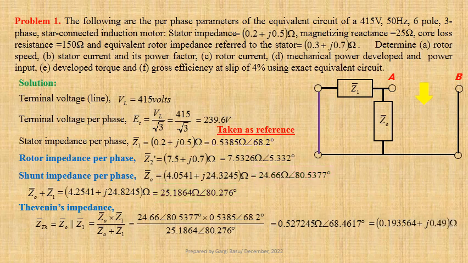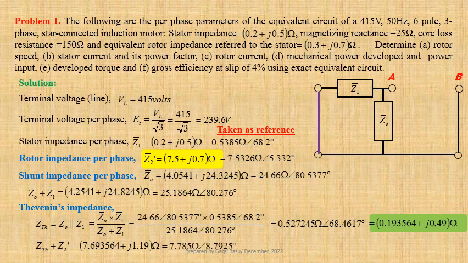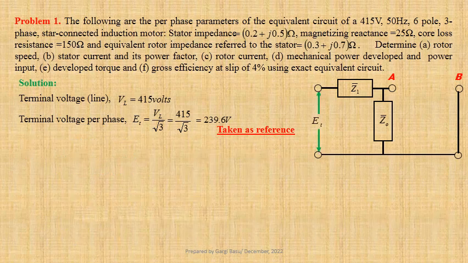Now we shall compute Z Thevenin plus Z2 dash. Using values we get 7.693564 plus j times 1.19 ohm. This may be written in polar form as 7.785 ohm at an angle 8.7925 degree. We have obtained Thevenin's voltage V Thevenin equals 234.6 volt at an angle 0.2617 degree,